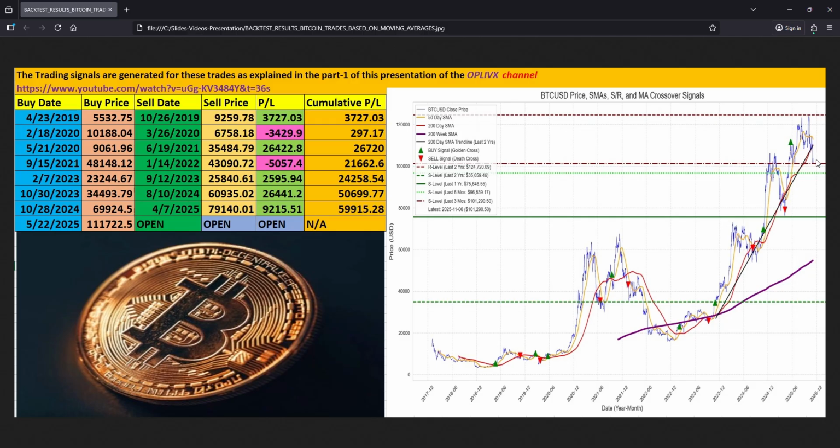nerves of steel, right? If you can do that. So the idea of trading algorithms is to somewhat give you opportunistic entries and exits. But sometimes it would be best if you don't do anything. You buy an asset and you hold on to it. But that strategy can also sometimes result in nasty losses, especially if the asset you bought keeps on losing money, unlike Bitcoin. Despite it being a roller coaster, it has moved up really high from